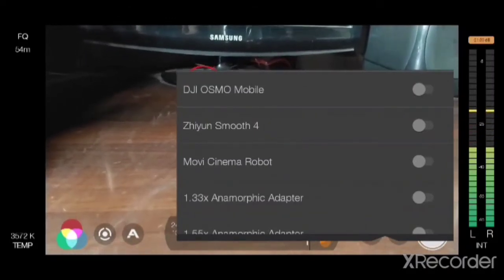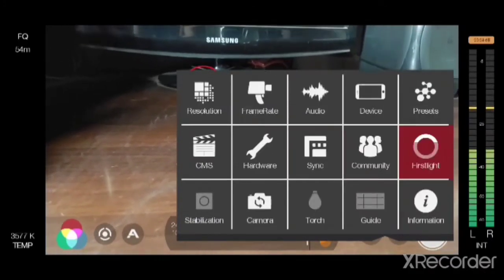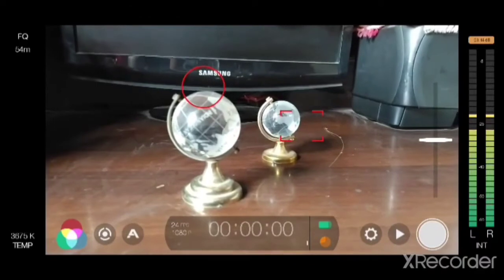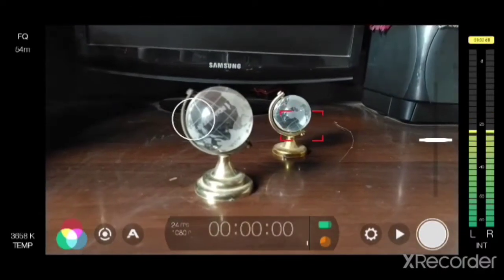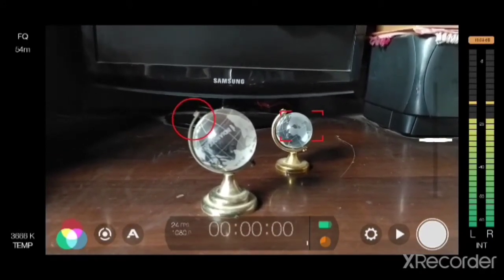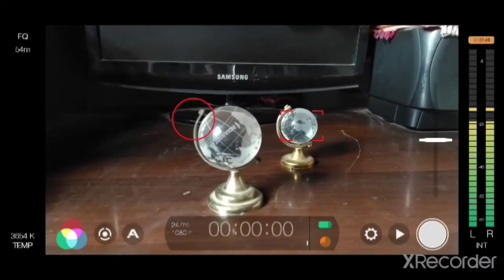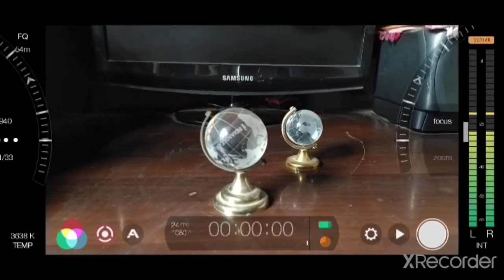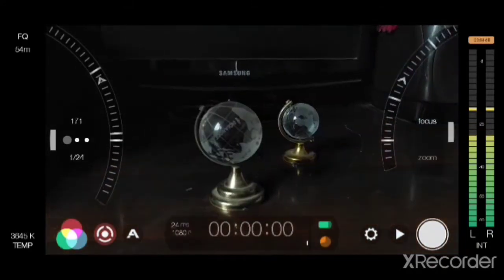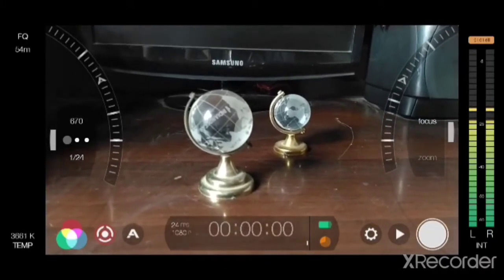Just enable those particular hardware by going to hardware and settings. Let me tap outside, and that configuration button closes, and let me just fix the exposure again and tap to lock it. The red color means that you have locked your exposure setting. The middle one is the time recorded. And on the left middle one, you can see there's a manual option for both the exposure arc and the focus arc. You can use both to manually control your exposure.